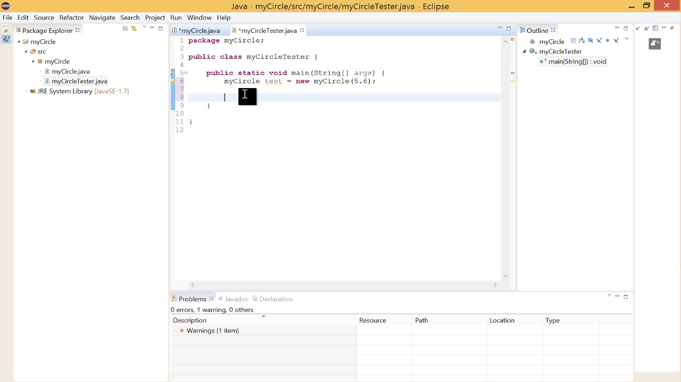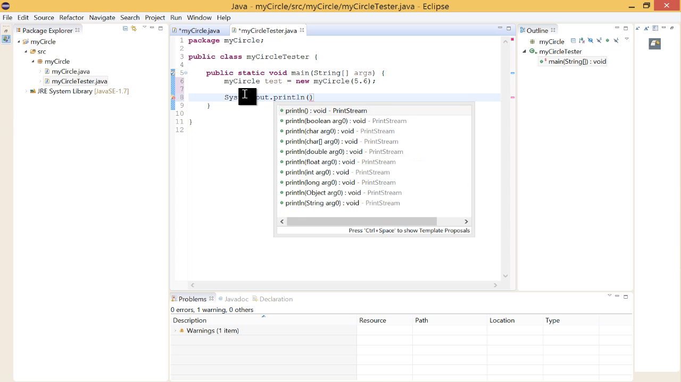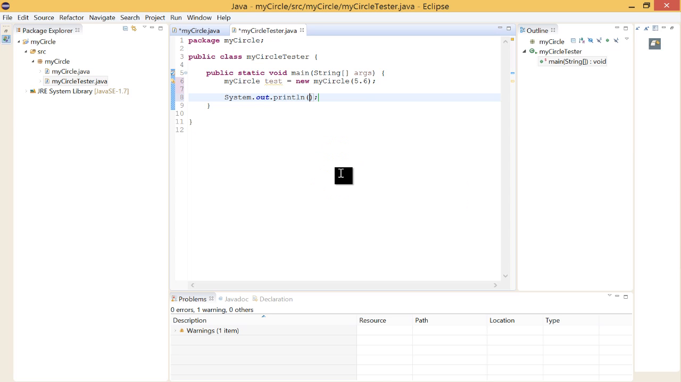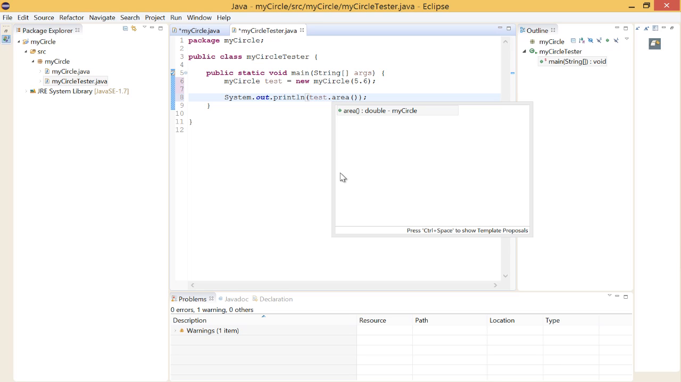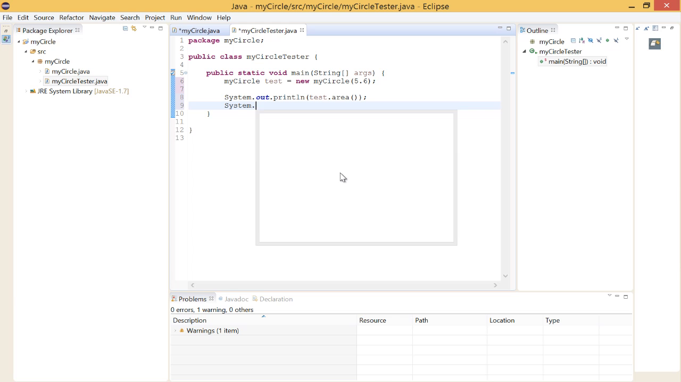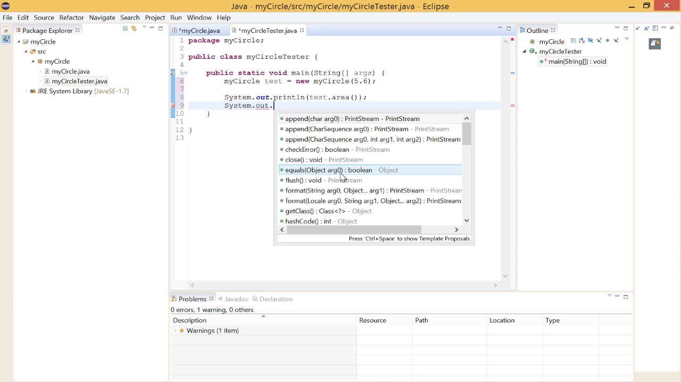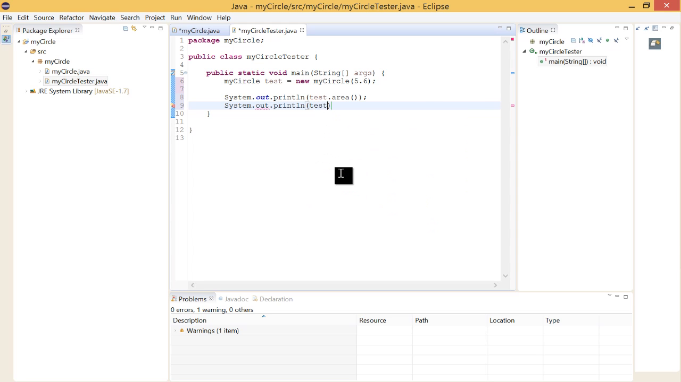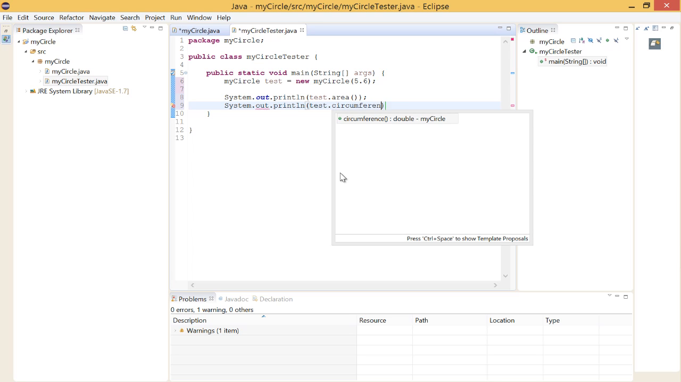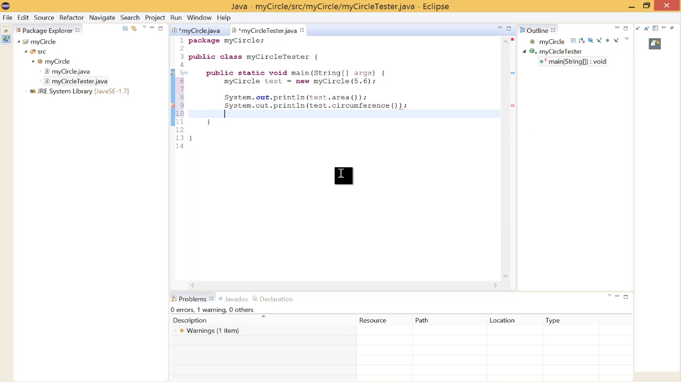So first, let's test the area. So we do System.out.println, and to call the method from this other class, we're going to do test, which is the name of the circle we just created, dot area, the name of the method we created, and that will just return the area, and it should print it out just like it would if we had everything in the main method here. The next method we should test is circumference, so System.out.println(test.circumference());